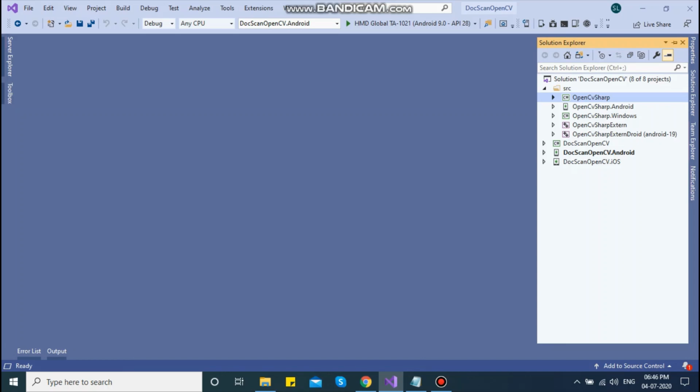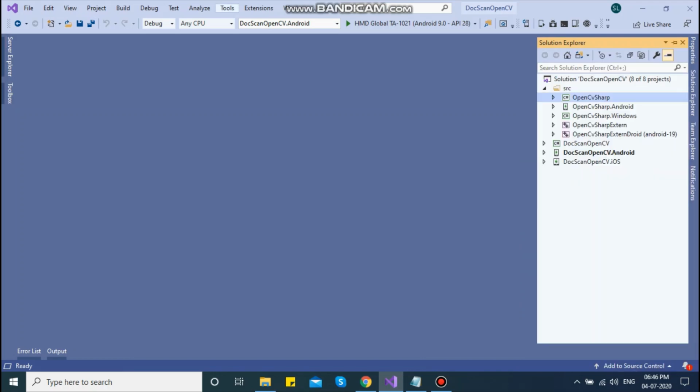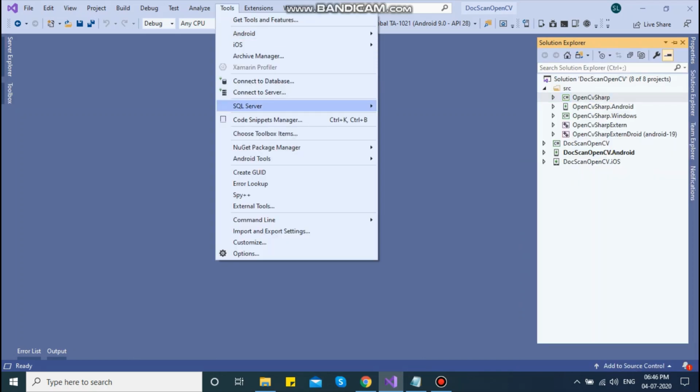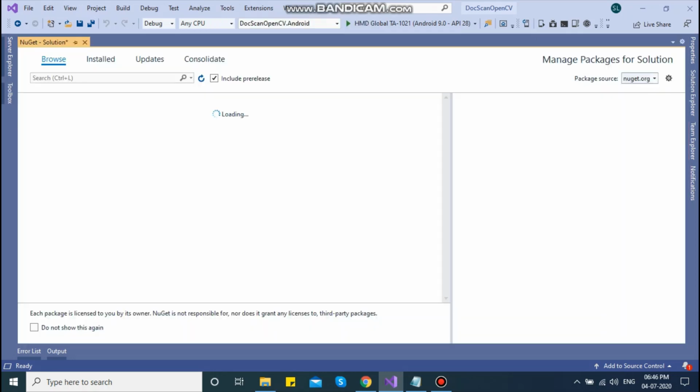Now you need to add one NuGet package here because it is using Xamarin Forms. So go to this solution, package manager, solution.